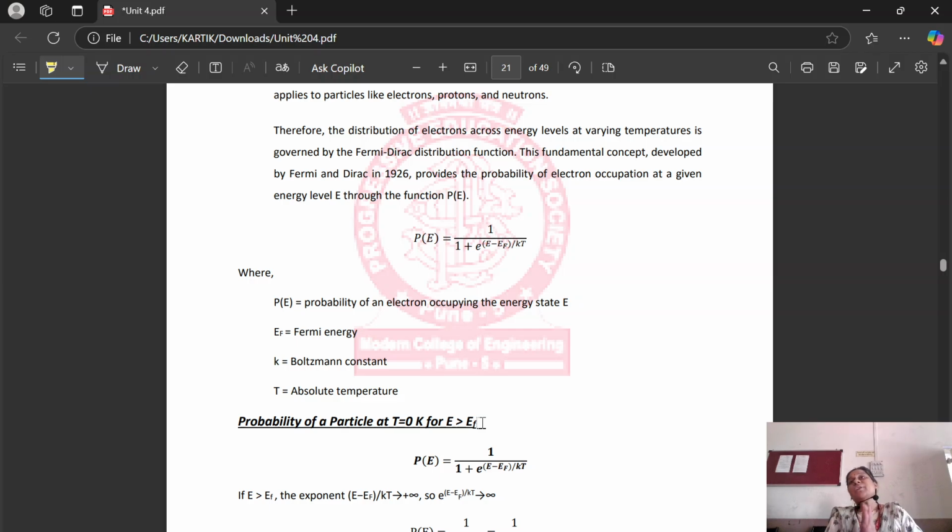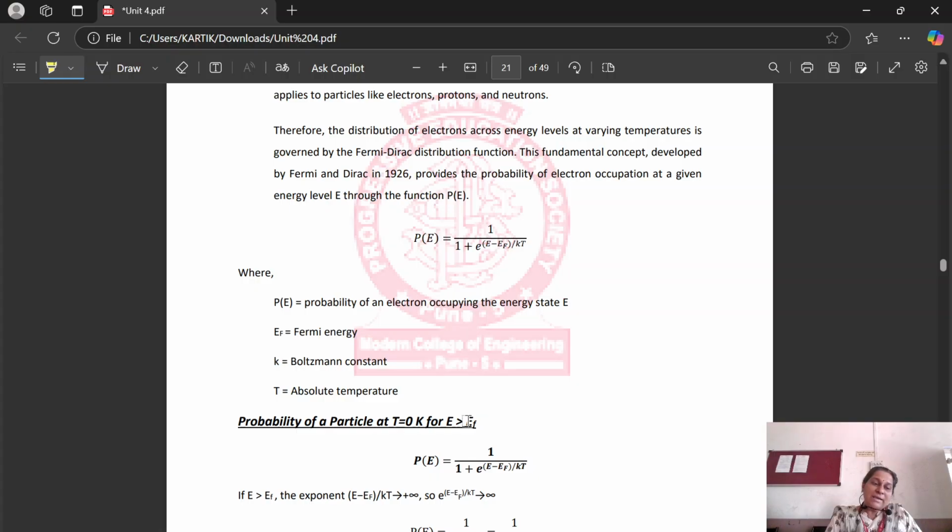In case of conductors, how is the Fermi energy defined? Let's go back and understand again. In case of conductors, the Fermi energy is defined as the highest occupied state in the highest band at 0 K. So what is the probability of finding the particle with the energy state E, which is beyond EF? The probability of finding the particle beyond EF will obviously be 0 because